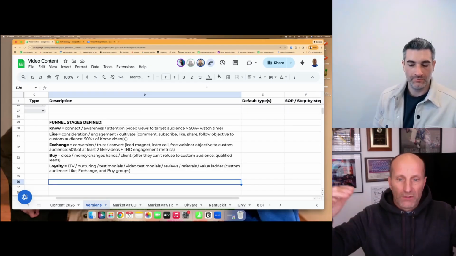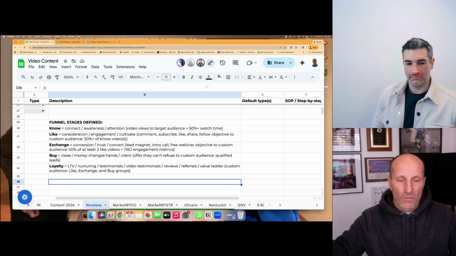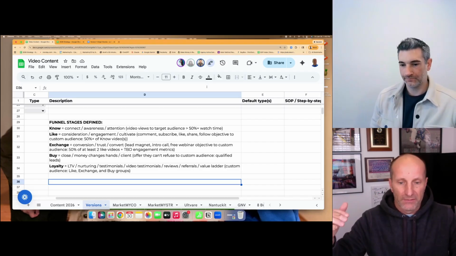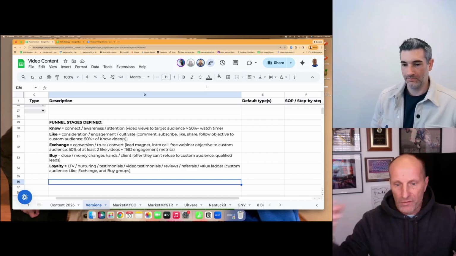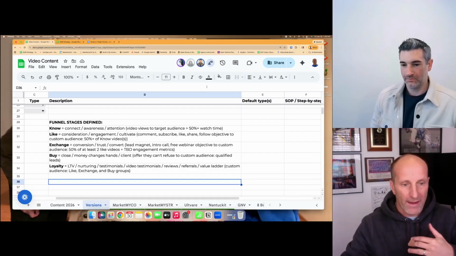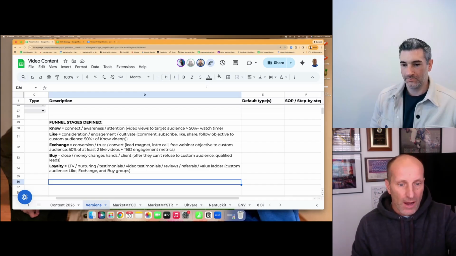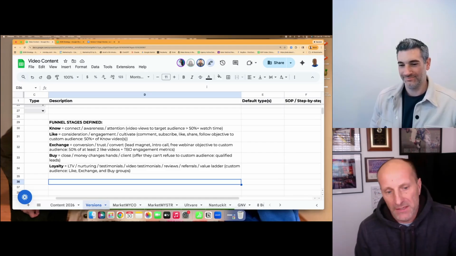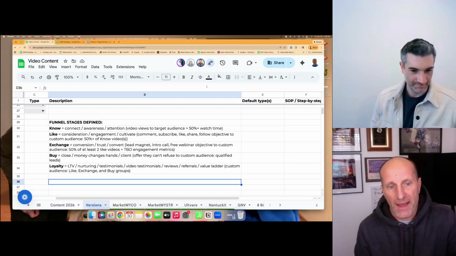But the reason why it's a funnel and the reason why there are stages is because you don't want to lose sight of the objective in each one of them. People just start confusing objectives. They start trying to get way ahead of themselves. I meet you, I want to marry you, and on the first date, I ask you to marry me. And you're like, get away from me. That's the analogy marketers like to use.